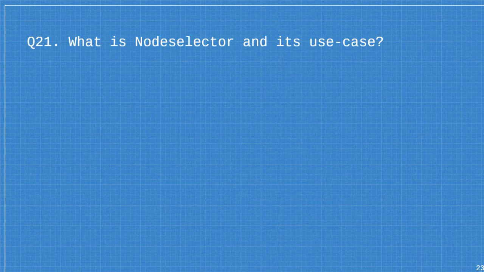What is node selector and its use case? If we talk about the node selector, we want to schedule our pods on some specific node. So in that case, we use that. Maybe our application is highly memory optimized. If it doesn't get highly optimized memory, it will degrade its performance. So what we will do, we will put a node selector on that. It will only get scheduled on the node that matches the selector. We have the same video on our channel. If you want to go in detail, you can go there.